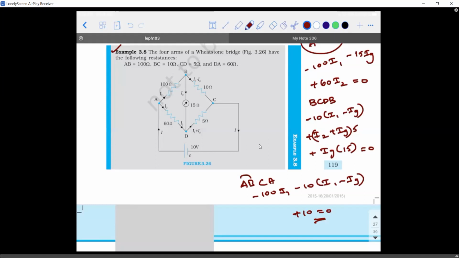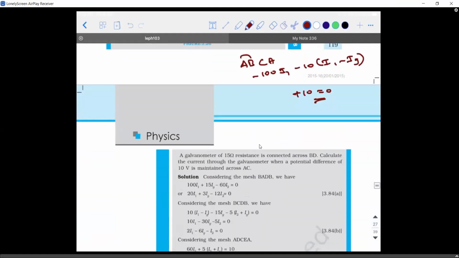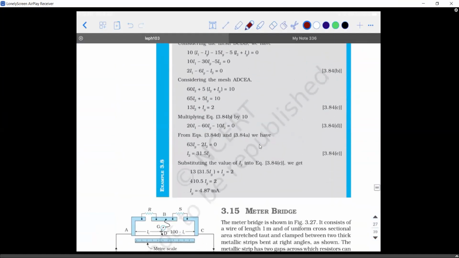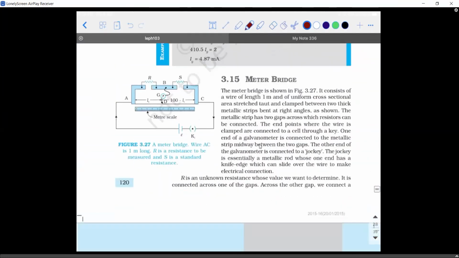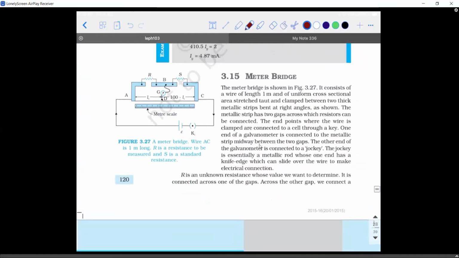And remember, IG will be generally in terms of milliampere. I'll give you a very small value. Next, we will see what a meter